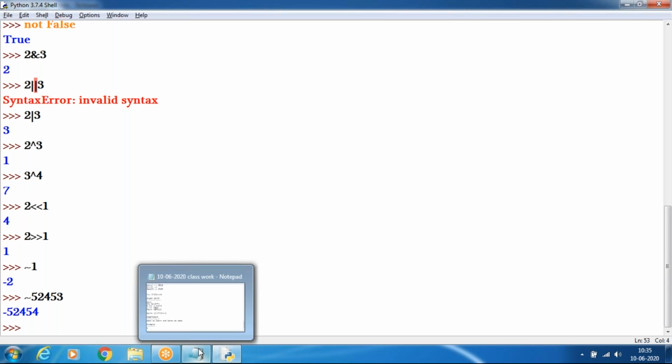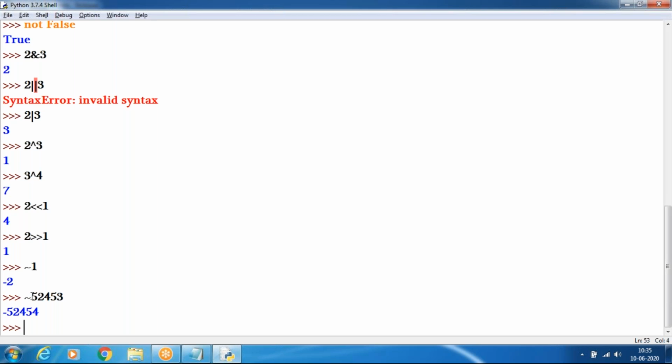It's simple: the value becomes negative and then increments by 1. Here the value 1 means it's -2.